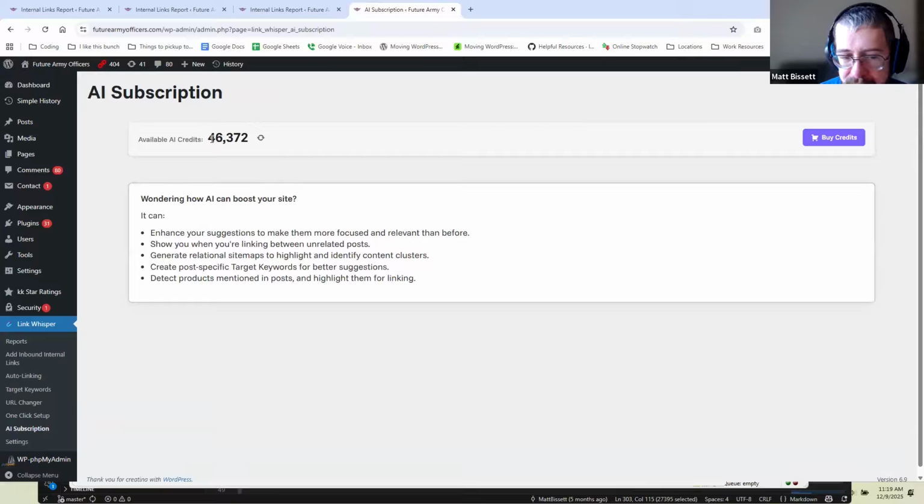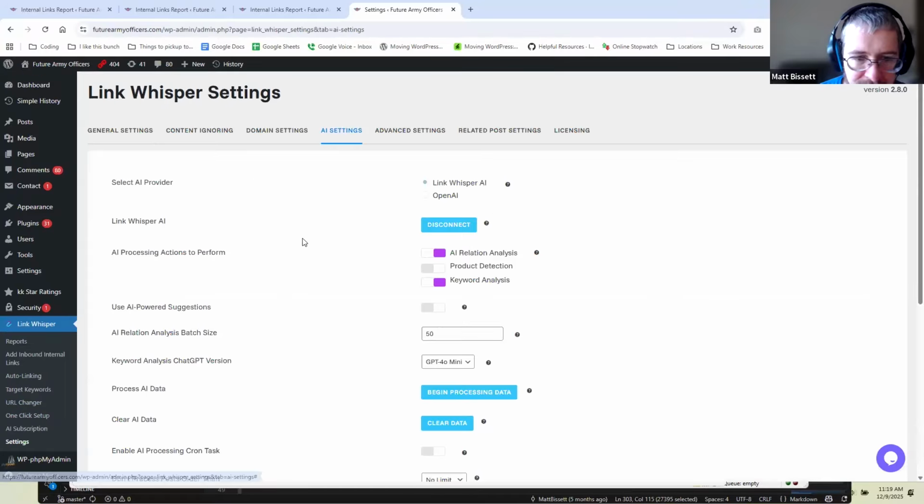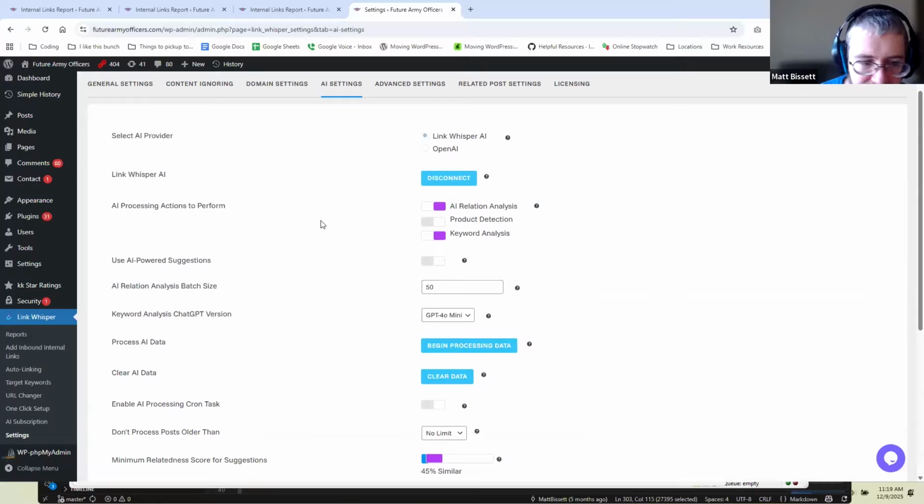If this ever reads 0, you can click on this refresh button to tell LinkWhisper to ask again to make sure that it's got enough credits. If I ever need more, I can click on the buy credits and that'll take us to the credit sales page. Now that we're connected, we can come to the settings, click on the AI settings, and select the processes